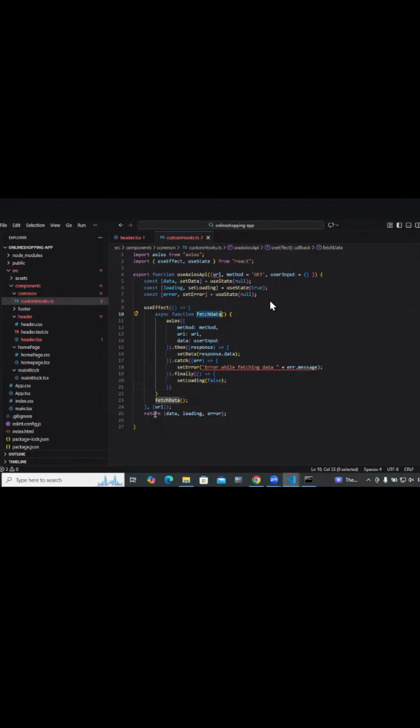Fetch data is the one which will be called, and we are going to return the data, and we are returning the loading and the error. Okay, this is fine. Argument type string is not assignable to parameter type SetStateAction null. That's fine.